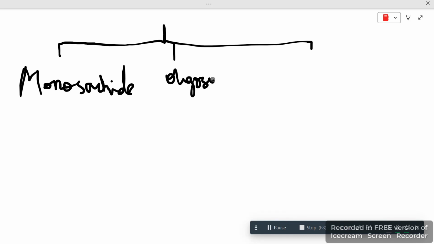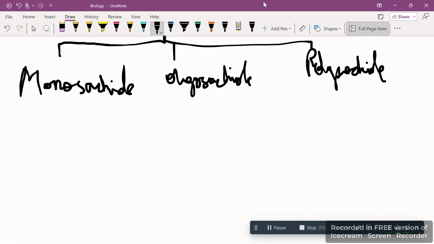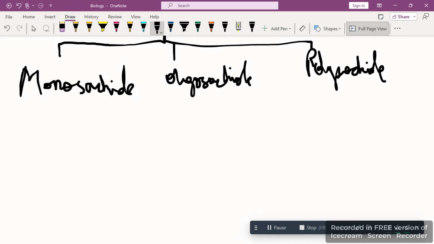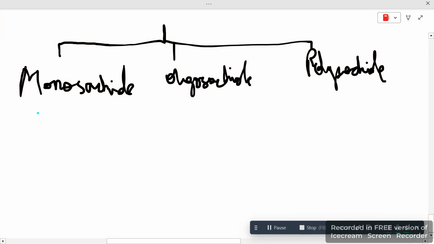oligosaccharide, and you'll find something more, that is polysaccharide. This should be very much clear. What? That a monosaccharide is a single saccharide unit. Let me just write it with my hand. Okay, so monosaccharide is